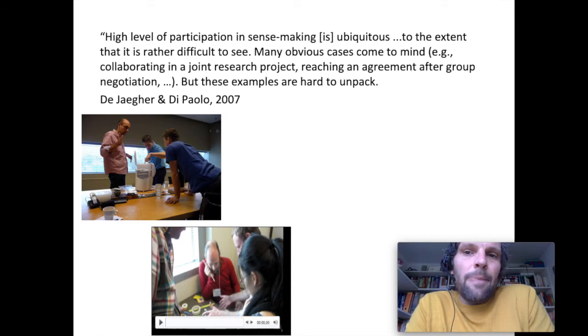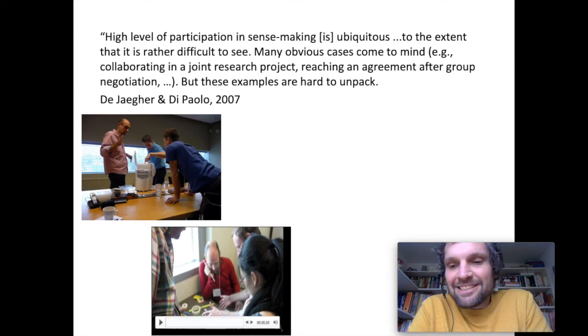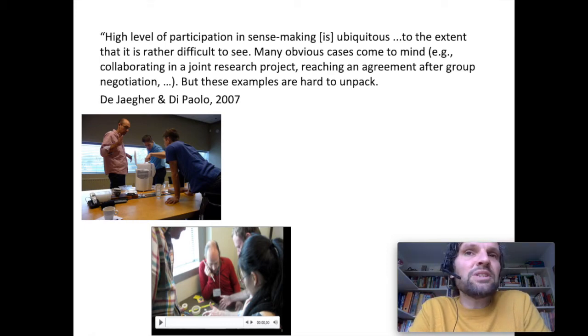Hanne De Jaegher says you can have this small scale participatory sense making about little things. So, for example, one example that she gives is when you walk in a narrow corridor in a street and you meet somebody else, and especially now with Corona, this is extra relevant. You make this little dance together of who goes on which side, right? So that's participatory sense making in a very concrete, moment to moment setting about something relatively simple. Who walks where, right? So you make sense of that together in interaction.